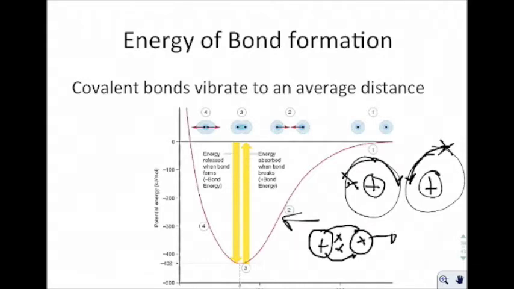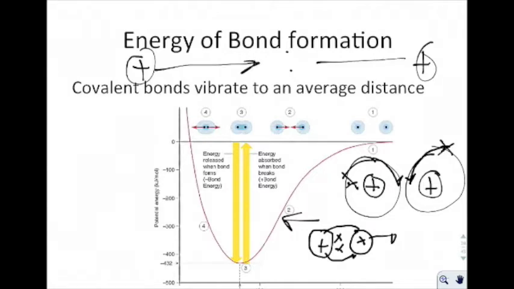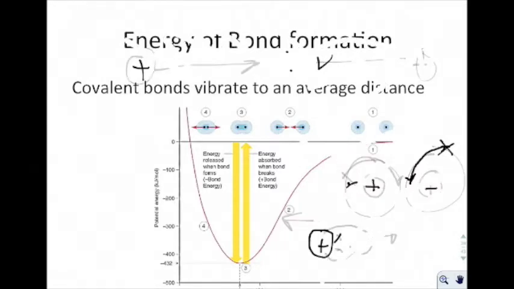And if I spread out the protons and put the electrons in between, that may not be energetically favorable either, because the attraction between these two is not sufficient to hold the bond together. So instead you have to look for the point where it reaches what we call equilibrium, or where the attraction between the